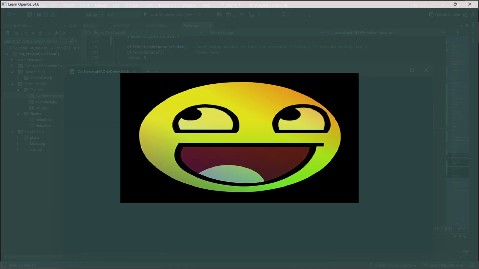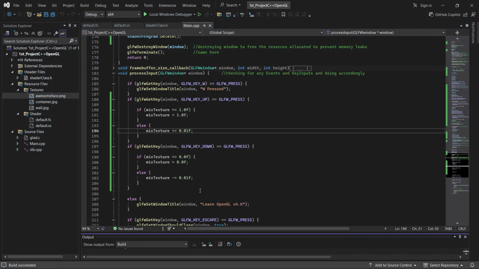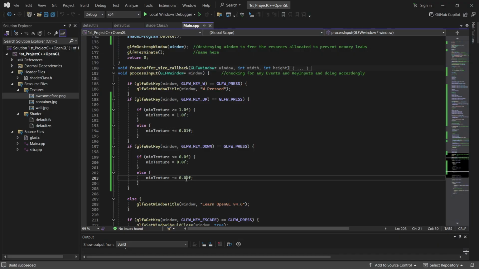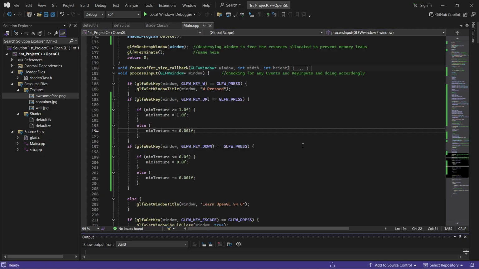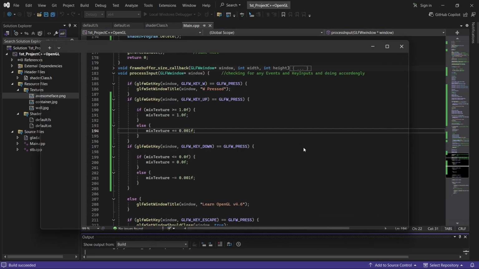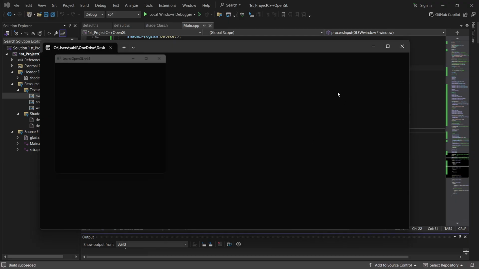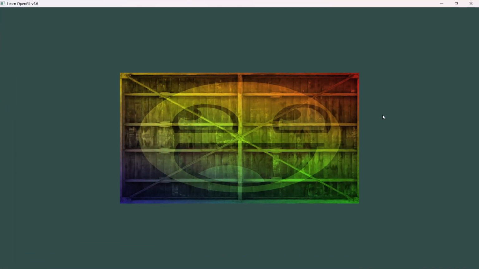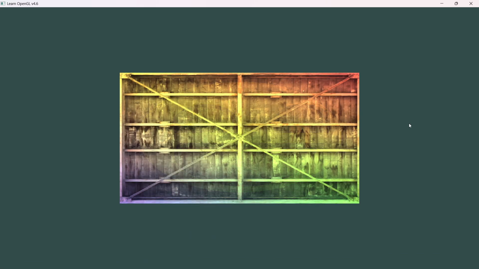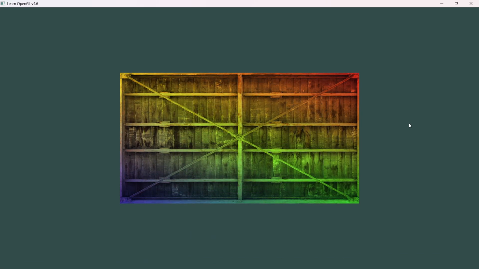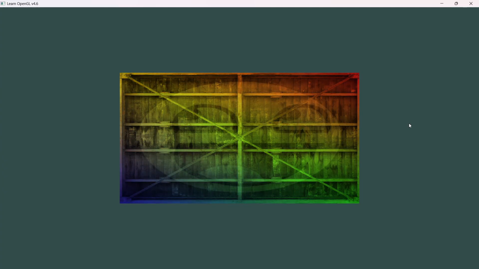Let's make it a bit slower. And this should be somewhat decently slow. As you can see, this is decently slow, and